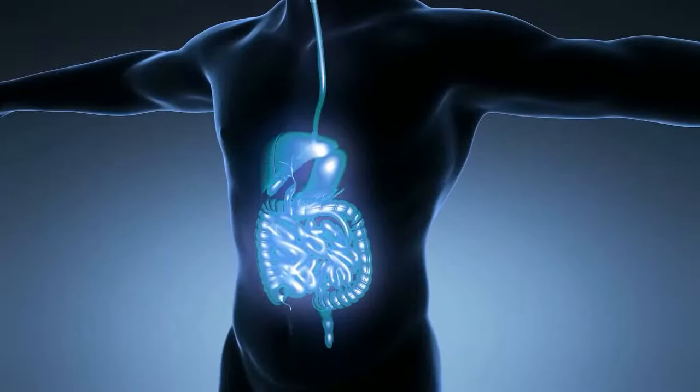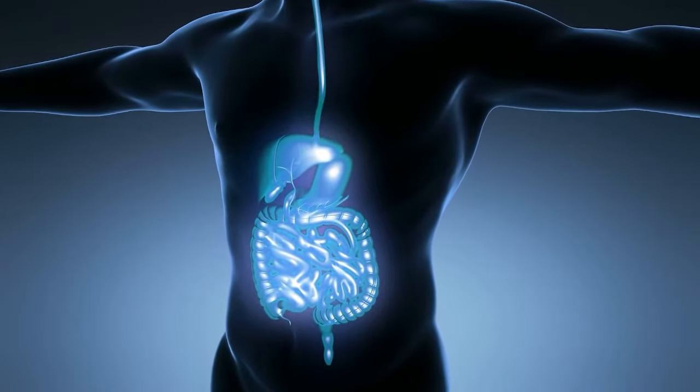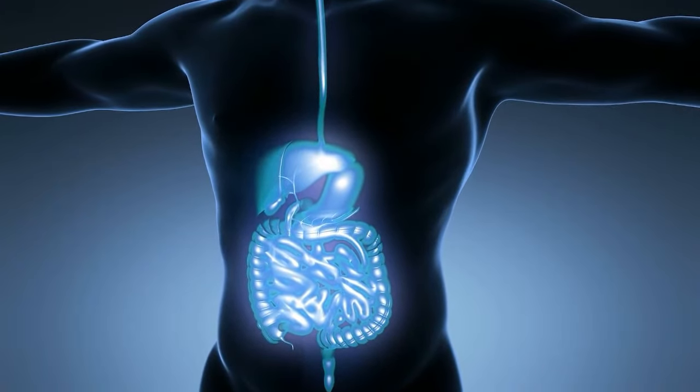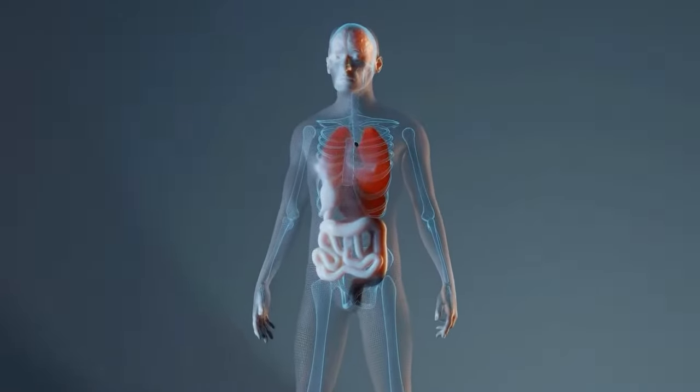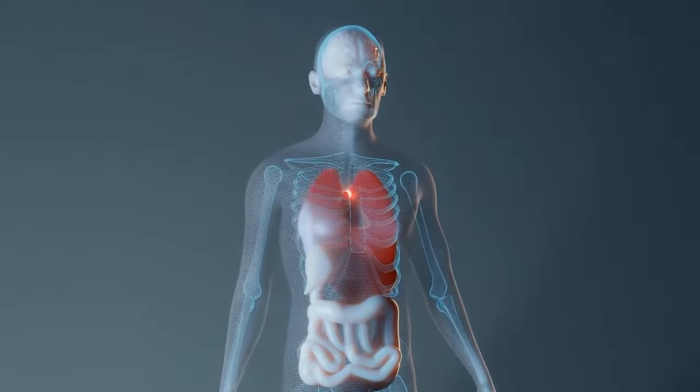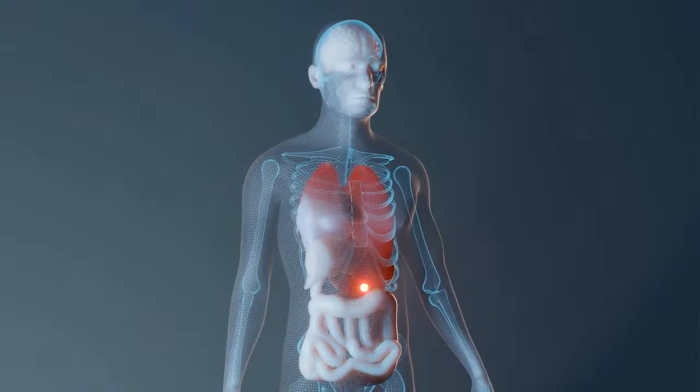In this video, we will talk about the digestive system and its role in the formation of the human body. The digestive system is a group of organs that work together to convert food into energy and basic nutrients to feed the entire body. Food is broken down mechanically and chemically in the mouth, then moves through the esophagus, stomach,